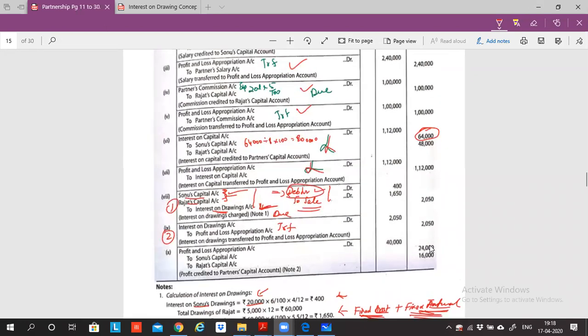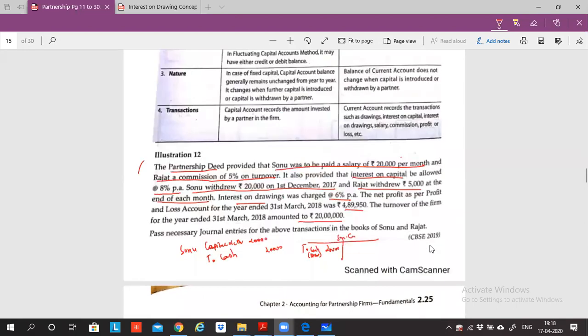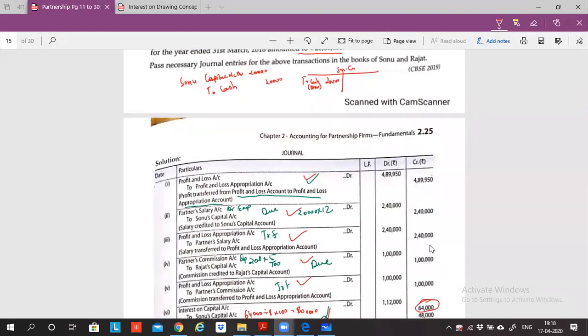Guys, if you are okay with this, then I'll proceed forward. Anybody who has not understood, please let me know. If it's 1 or 2%, then I'll take it over the call. If all of you or the majority of people have not understood, I'll repeat. I have no problem.